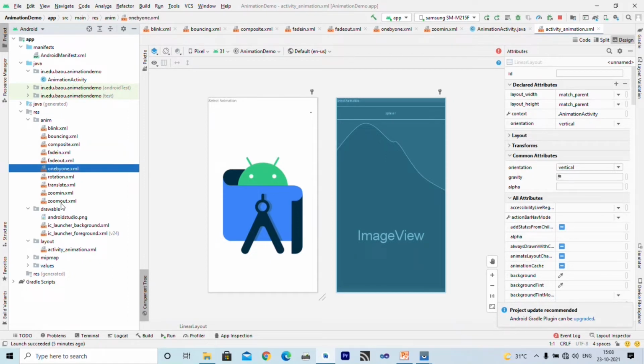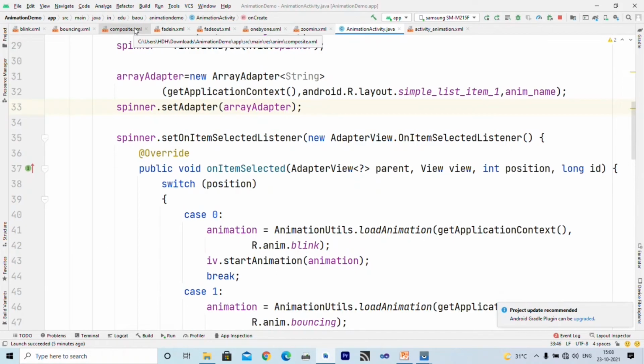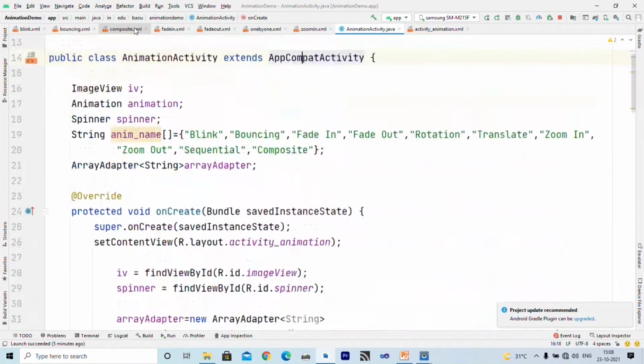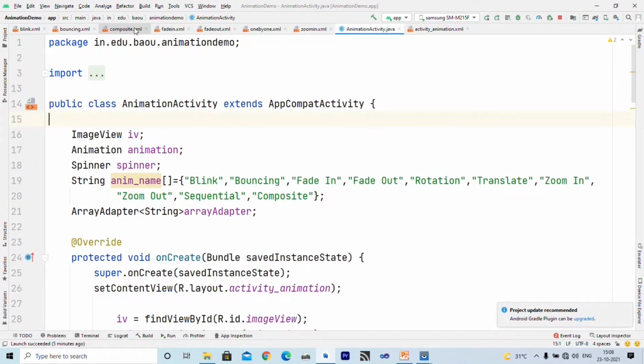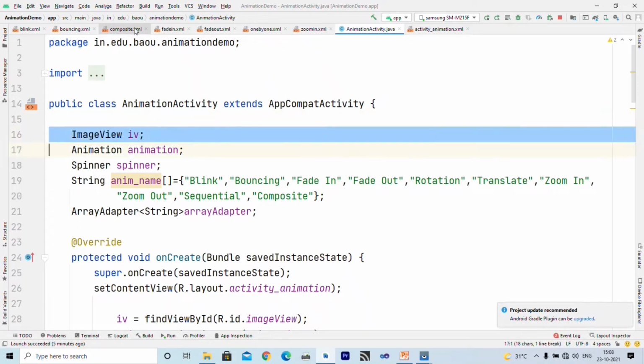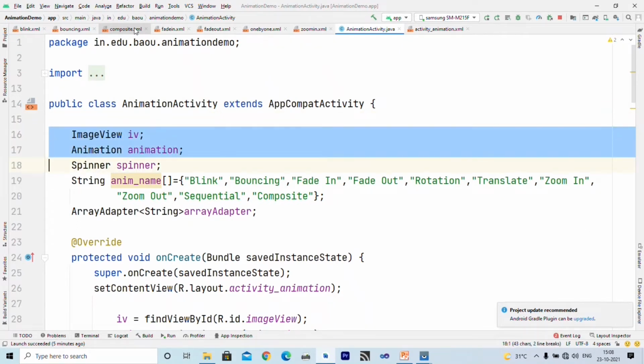We will understand these, but before that I want to show you the coding part. This is my activity or Java file. I have declared one ImageView to take a reference of the image view defined in the layout. I have declared one object of type Animation to actually perform the animation.